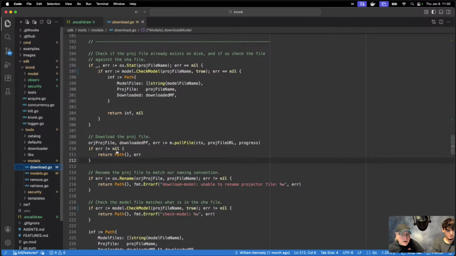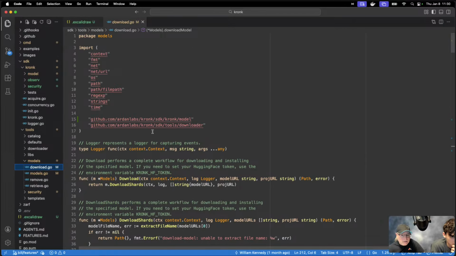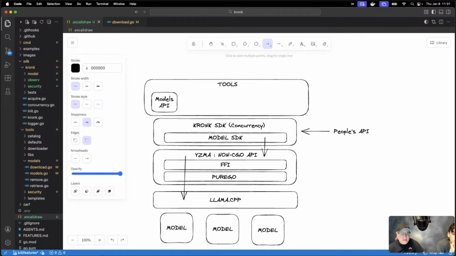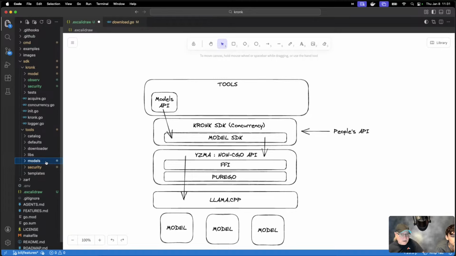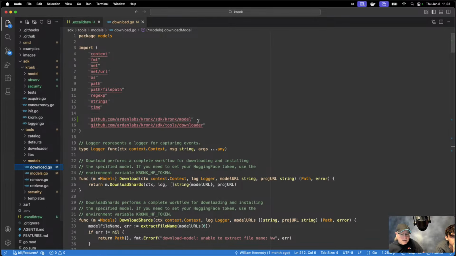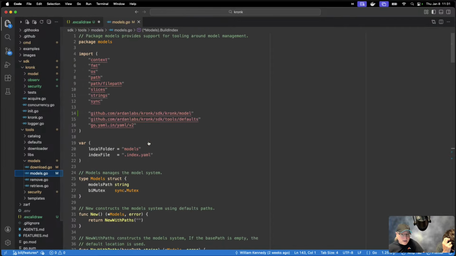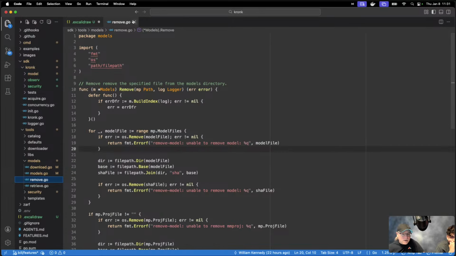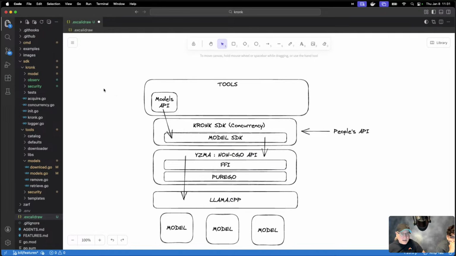If I go back through the models API again, that's okay. Imports are allowed to go down. So essentially it is using Cronk models, all of that's okay. We would expect that. We'd want that. And that's fine. So the models API is a set of tools that we use both at the CLI level